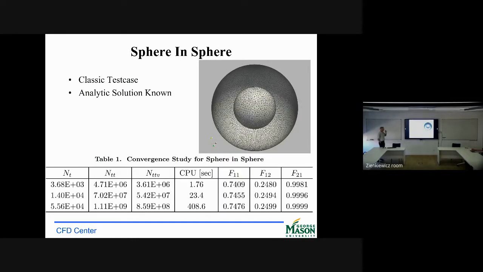Okay, so here's a case of the sphere inside the sphere. Again, the analytic solution is known. The view factors from one to the other should be 0.75, 0.25, and this one should be 1, so this surface should see the other surface completely. You think about the spheres. And you can see here the number of triangles, the ones that are traversed, and the CPU